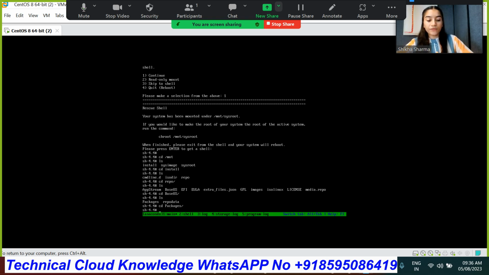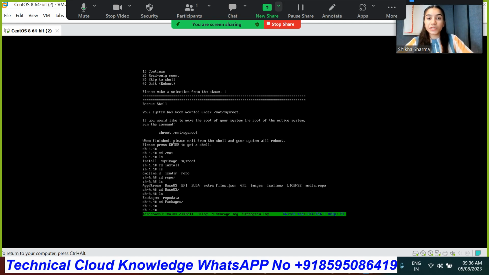Okay. When we execute the ls command we are able to get the output of many packages, as we have done in the terminal too. So we are not executing this ls command right now. We are just installing the packages by running the command. So do watch this part very carefully. So for that you need to execute the command rpm -ivh